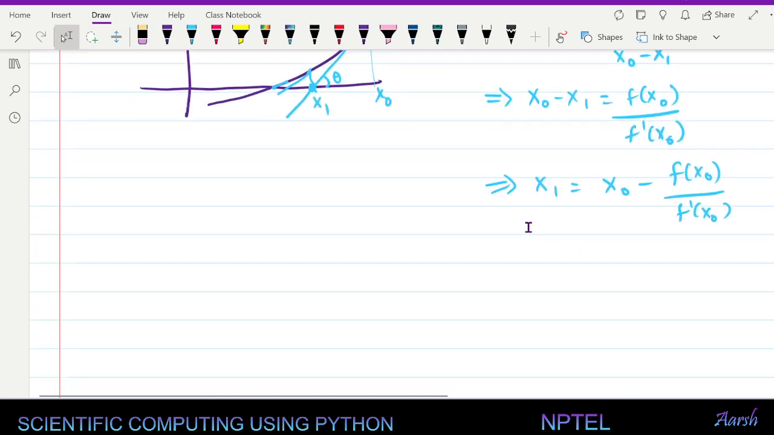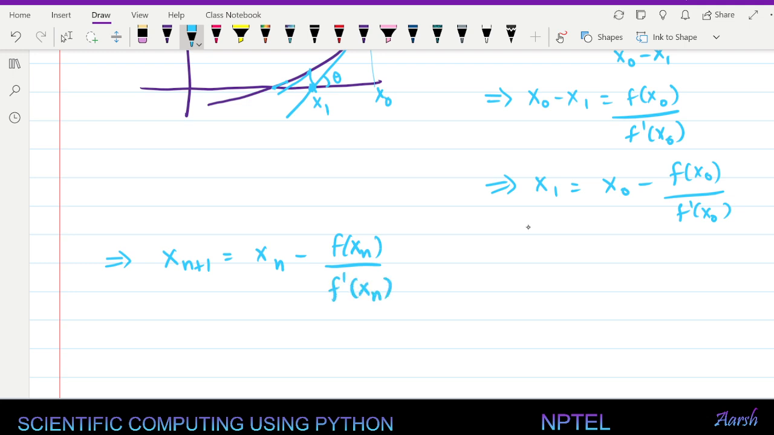Okay, and this step is repeated again and again. So in general, xn plus 1 is xn minus f of xn upon f prime of xn. Okay, this is the algorithm for Newton-Raphson,